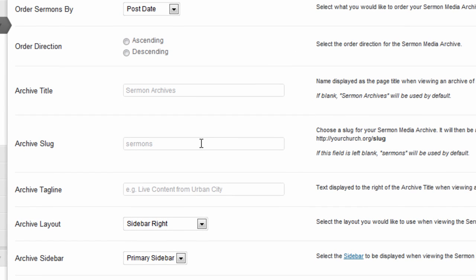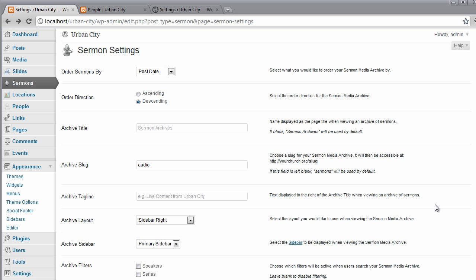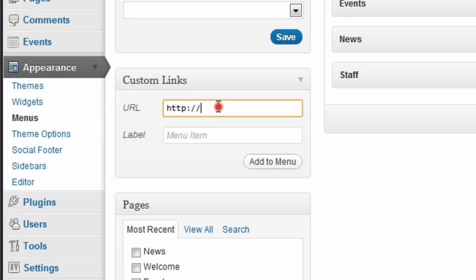And the default is sermons. So if we typed in yourchurch.org/sermons, it would regularly show all of our sermons. But we're going to change that ending, and let's make it say audio. And we'll click Save Settings. And now let's head back to our menu. So we go Appearance, Menus. And once again, we'll create a URL with our URL